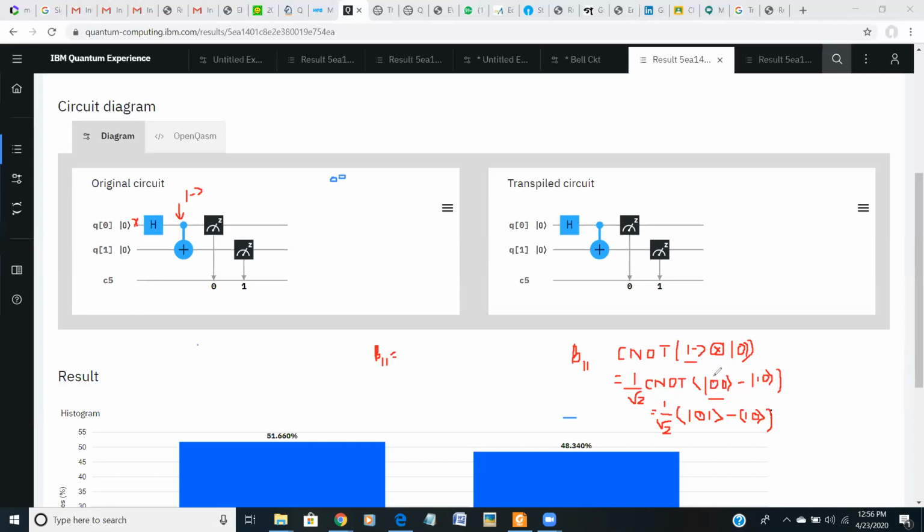So if the control is 0, the target passes. The target will pass 0. If control is 1, the target will be flipped. But the target is 0. So 0 will flip, 0 will convert into 1.